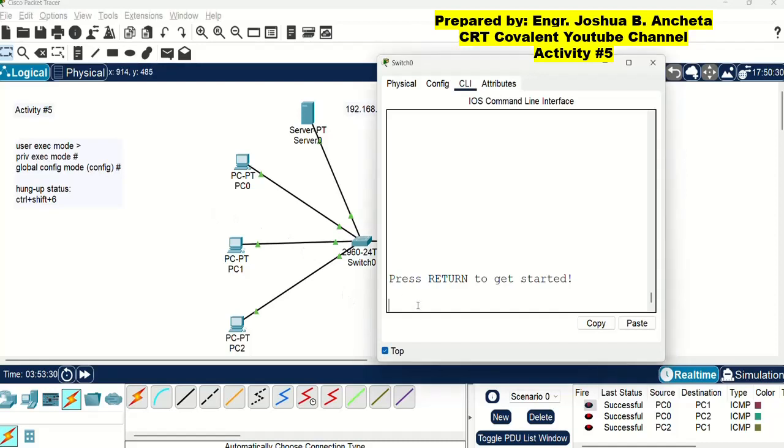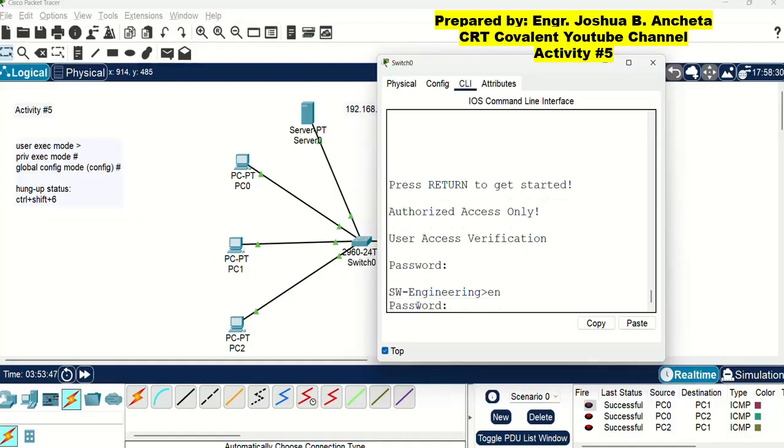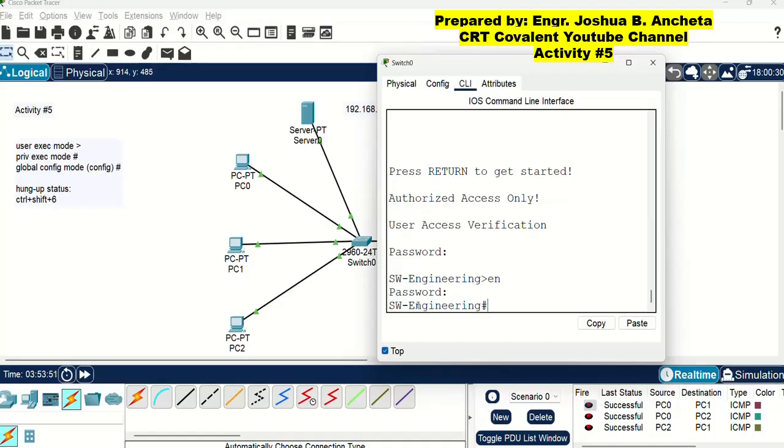So to save the configuration, you have to enter again in the user executive mode. So type your password, then enable. So type your password here, and you must be in this mode, privilege executive mode.